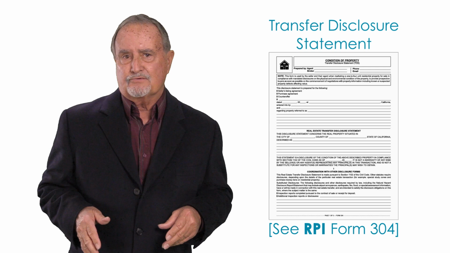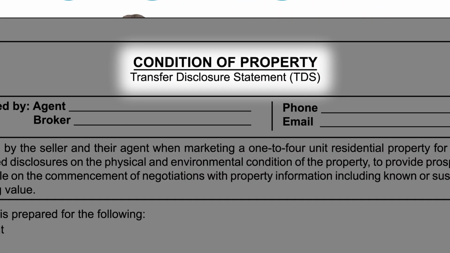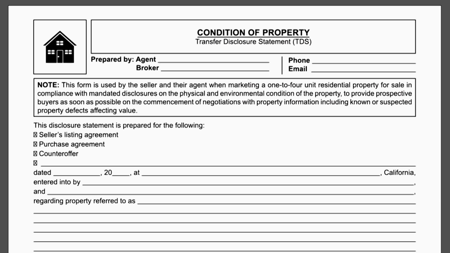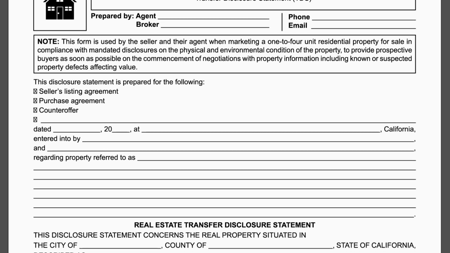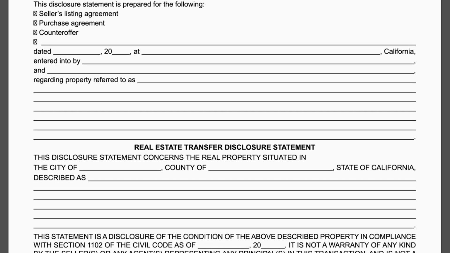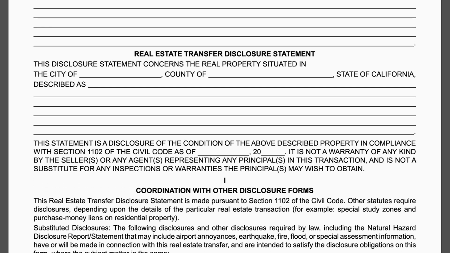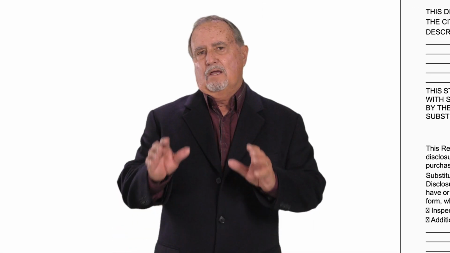A seller's agent uses the Transfer Disclosure Statement, or TDS, to advise prospective buyers of their knowledge about conditions which constitute an environmental hazard on or around the property. The TDS is delivered at the time a prospective buyer inquires further about a listed property, prior to entry into